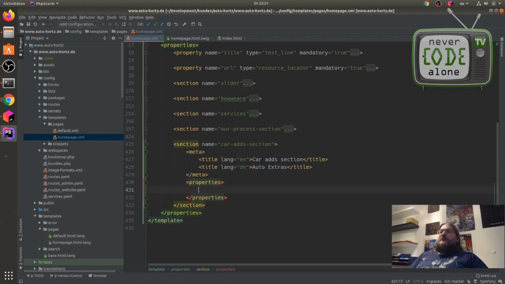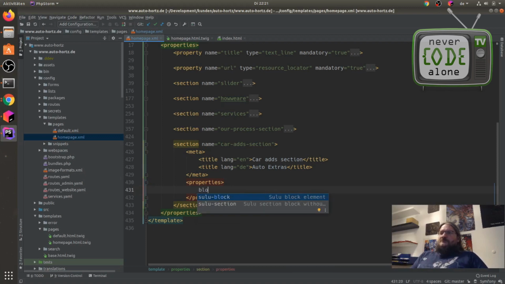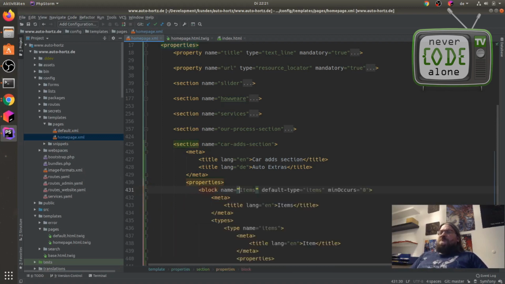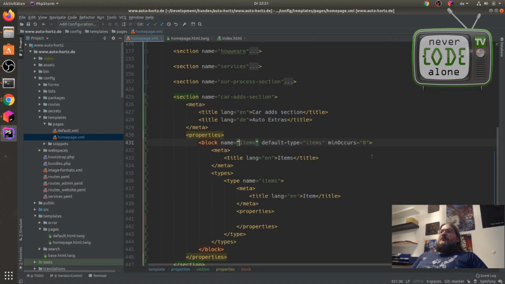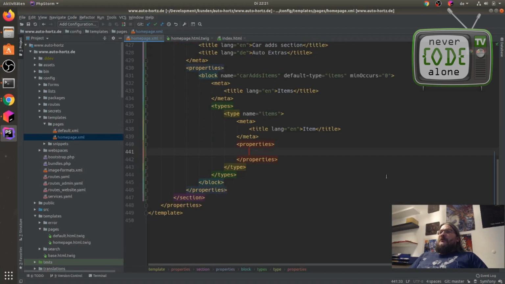We have here properties, and as we see there was only a block element which iterates our small element. So we start with a block element here, and this block element are the car adds items, and we have a few properties.